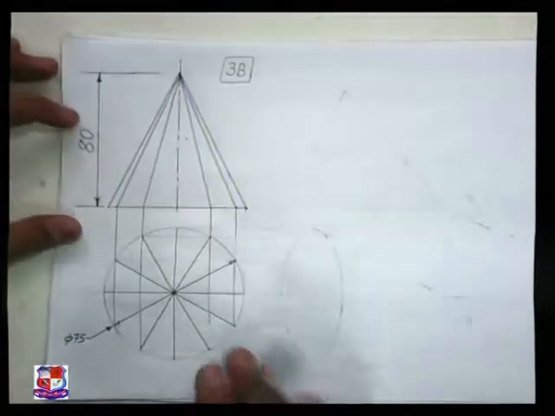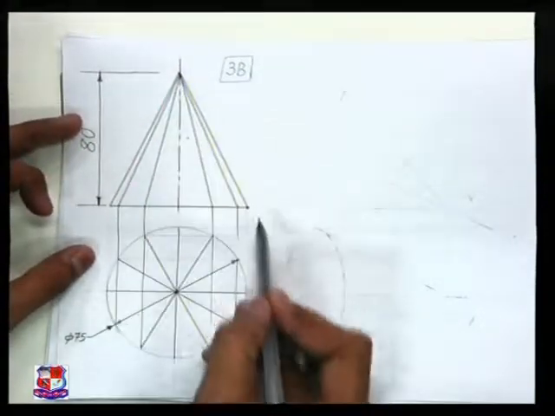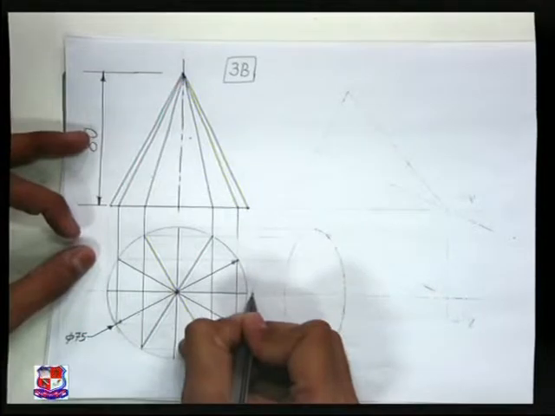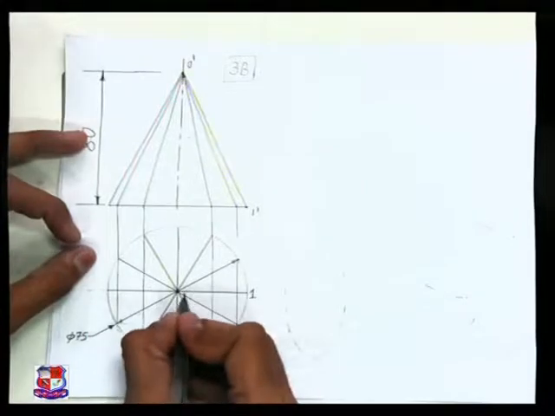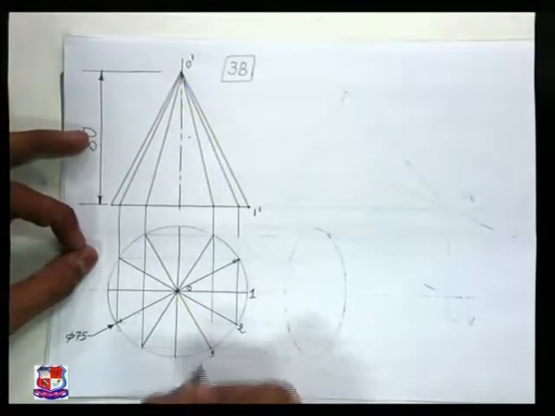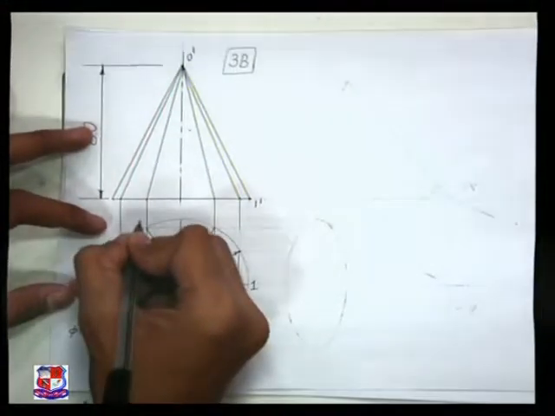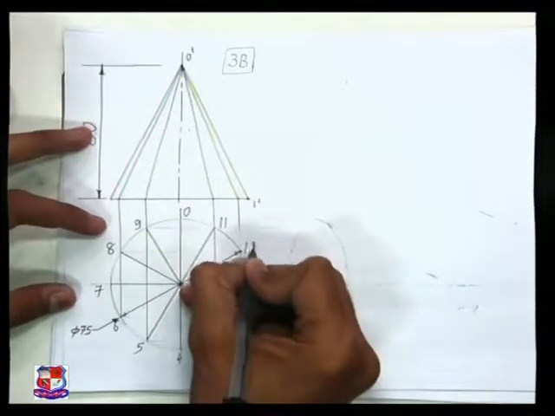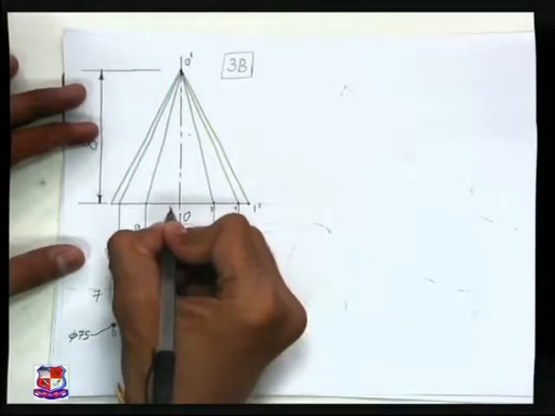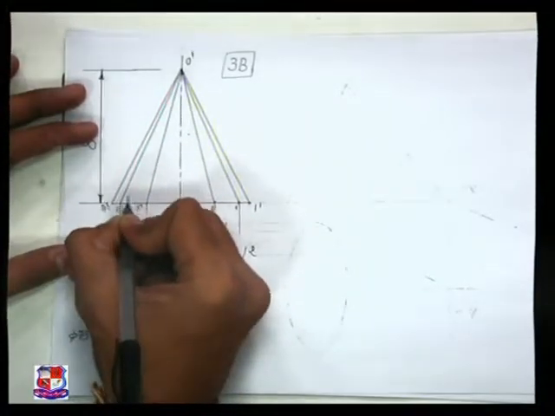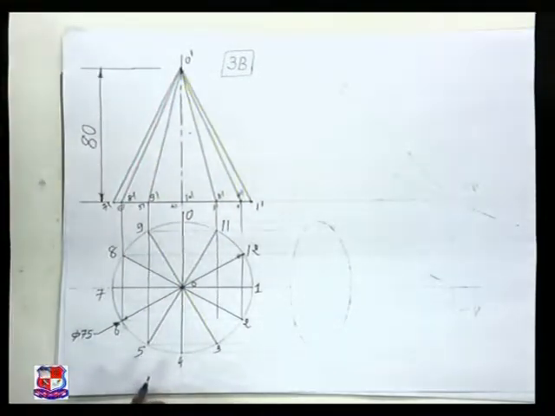Now it is given that this cone in front view is tilted such that it's lying on one of its generators. Suppose this is generator number 1, or we name it as 1. So here is 1 dash, here is apex point O dash, here is apex point O. Here is 2, 3, 4, 5, 6, 7, 8, 9, 10, 11 and 12. 12 endpoints are there over the generators. Here 2 dash, 3 dash, 4 dash, 5 dash, 6 dash, 7 dash, 8, 9, 10 dash, 11 dash and 12 dash. Imaginary generators are there.